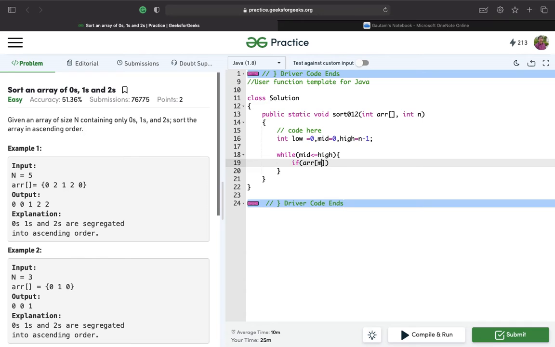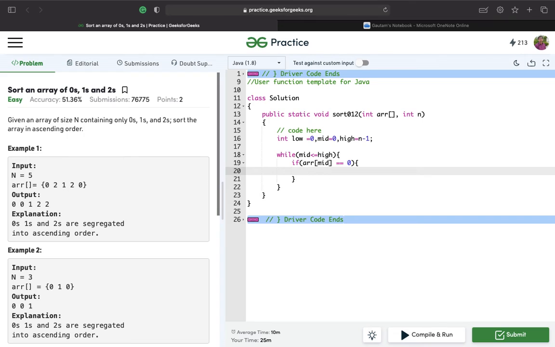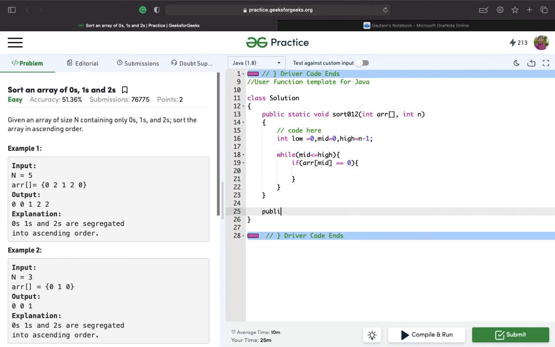So if ARR of mid equals 0, we'll swap it with low. Let me first make a helper function to swap, because it will prevent us from writing duplicate code again and again. I'll make a function swap which will take array ARR and two int positions, i and j.